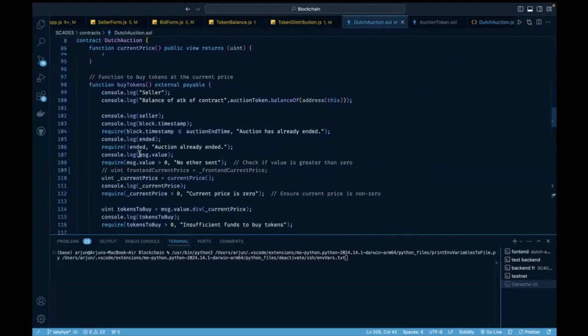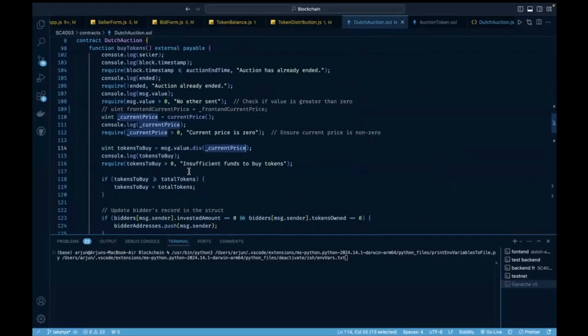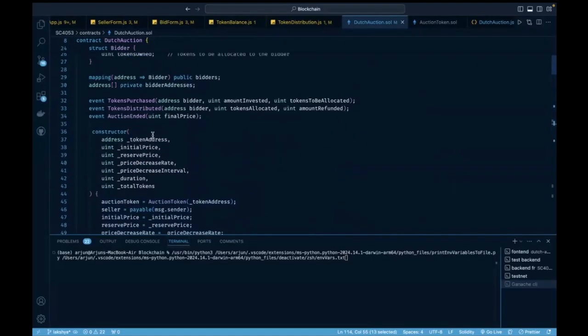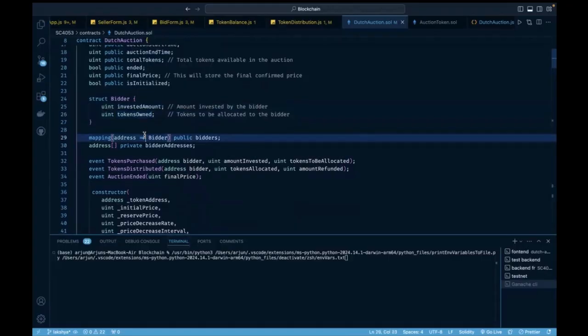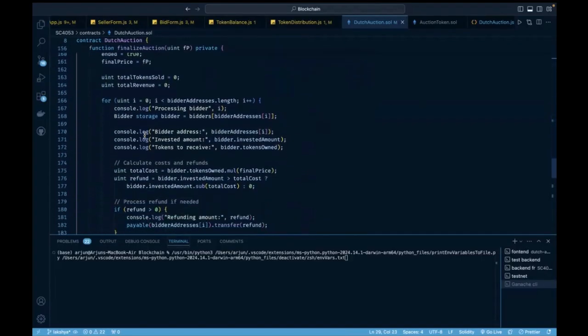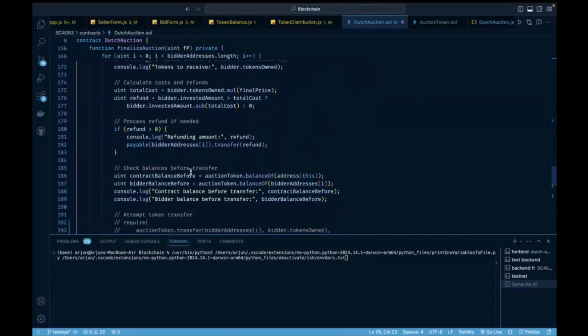The buy tokens is where the bids are placed, and we use the message.value to allocate tokens based on the current price, and that gets allocated to each bidder. And we store those bidders in this mapping as an address to a bidder, and each bidder object has an invested amount and the number of tokens that they own. We're using that invested amount and the tokens that they own to refund the actual amount later when the contract